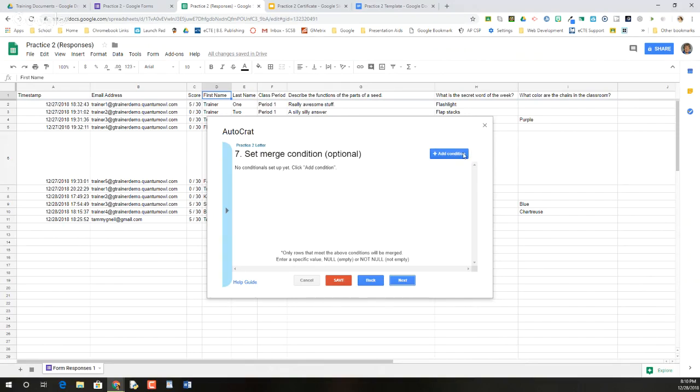Merge condition. We'll add a condition. Anytime my timestamp is not null. In other words, if there's something in this timestamp, I want to run this mail merge. Okay? So, if I want it to only run when this is empty, then there would be no data there for it to run on. So just be aware. But I could choose anything, like if first name is not empty. Okay? But generally speaking, timestamp is what I use. But you may use whatever you wish. Okay, so